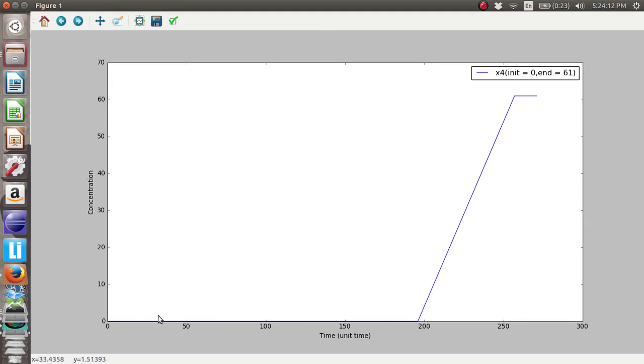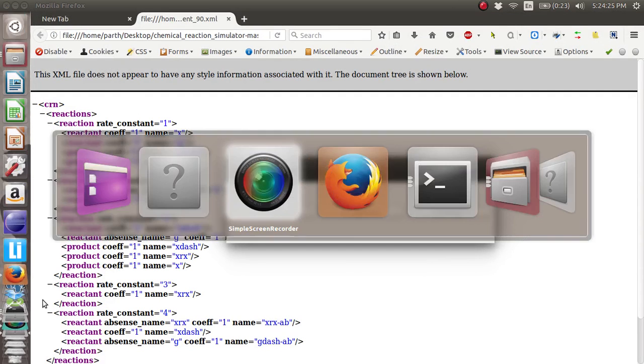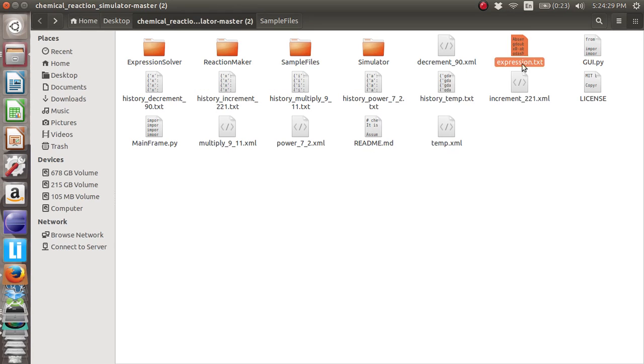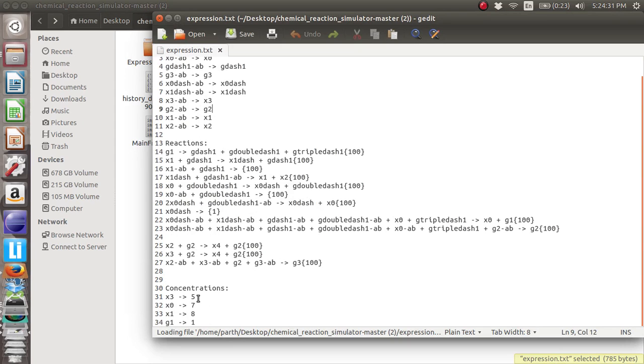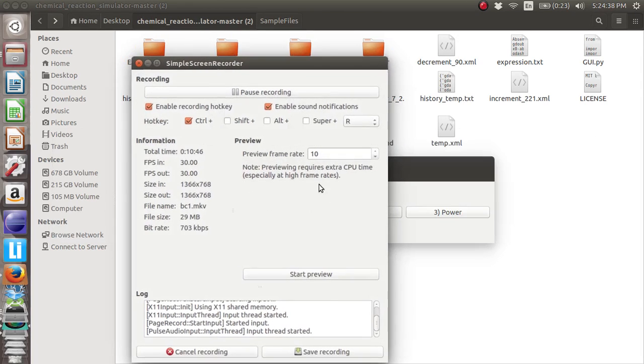As you can see, for a certain initial time the value was constant, and after about 250 time steps, the value of x4, the output variable, is 61. If you want to see its equation, here is the expression with 7, 5 and 8. So any general expression consisting of multiplication and addition can be solved using